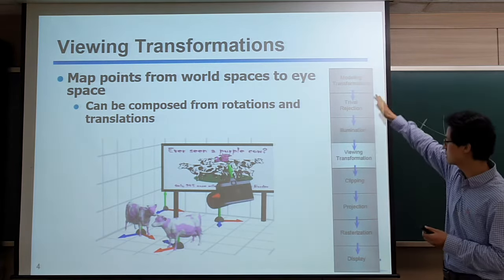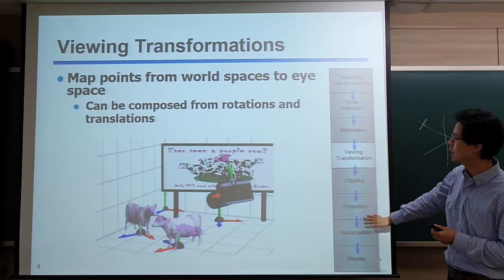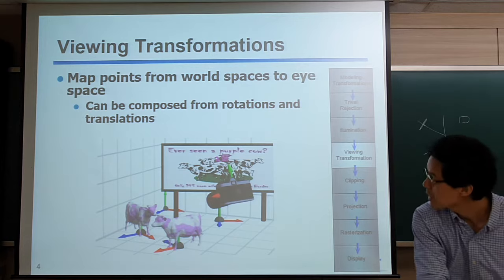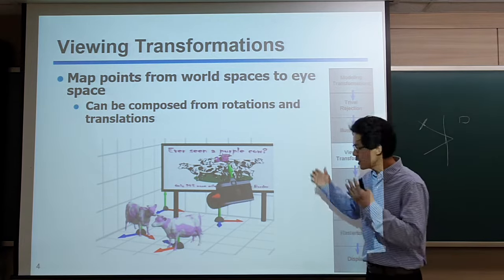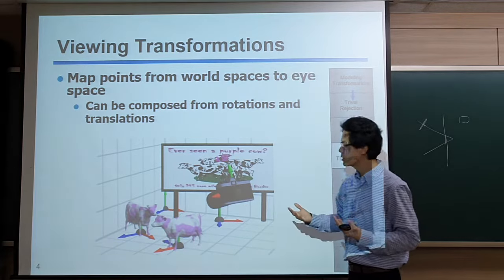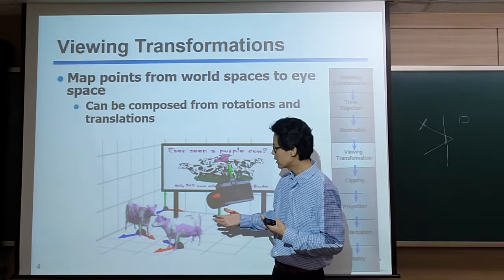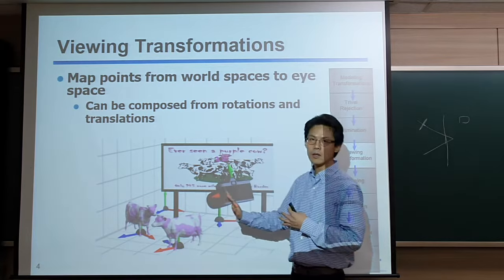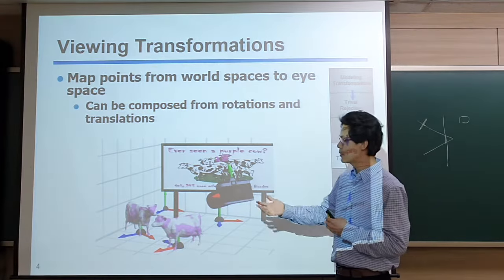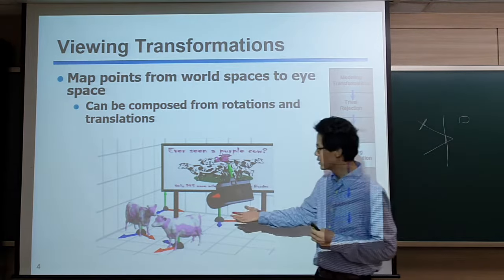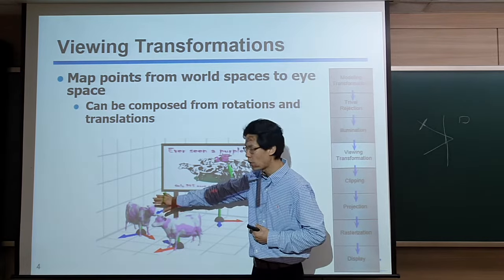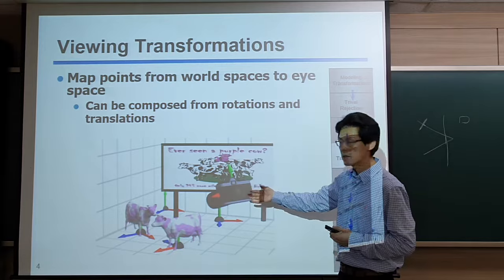Okay, so this is the scheme of the rendering pipeline. And today we will talk about this viewing transformation. In the viewing transformation, we set up the camera in the world, and we know the coordinates of this model in the world coordinates, right? We also set up this camera in the world coordinates. But for rendering this model, in the end, we need to transform the coordinates of this object defined in the world coordinates into the camera space, right? In other words,